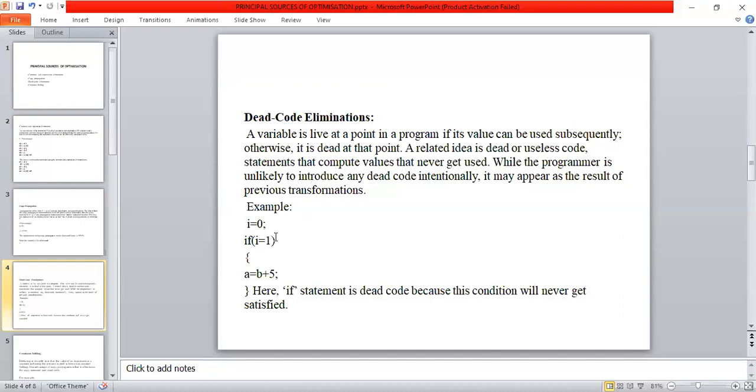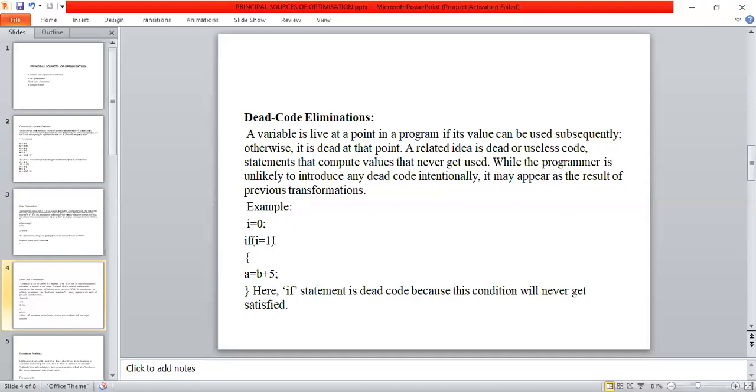For example, here I have code: I is equal to 0. If I is equal to 1, begin A is equal to B plus 5. I declared the I value as 0, but I'm checking the condition with I is equal to 1.